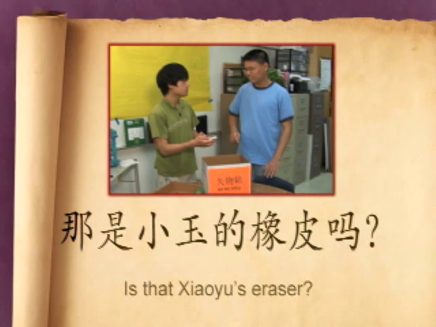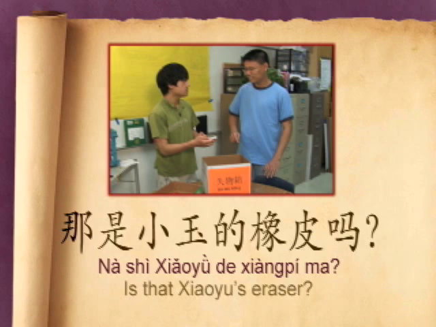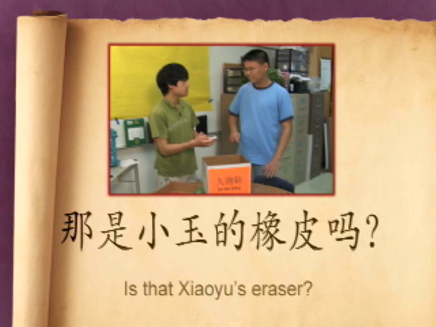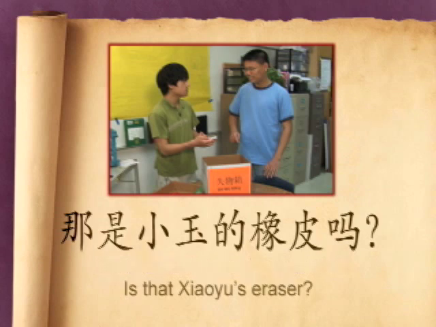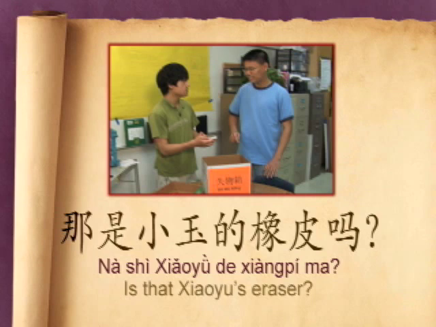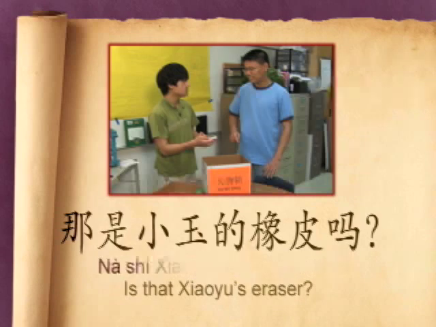Listen. 那是小玉的橡皮吗？Now, repeat after me. 那是小玉的橡皮吗？